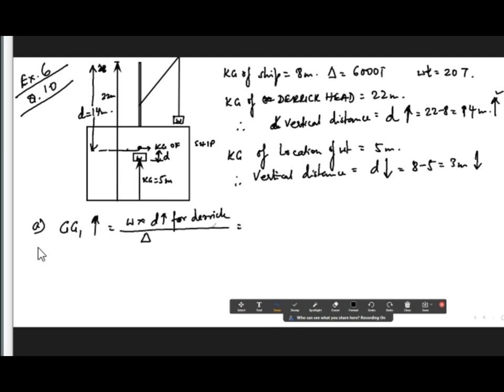As soon as the derrick lifts up, there is no change in the displacement. So that is equal to 20 into 14 upwards divided by 6,000, which is 0.0466, about 0.047 meters upwards. Therefore, the final KM is not given, so the final KG